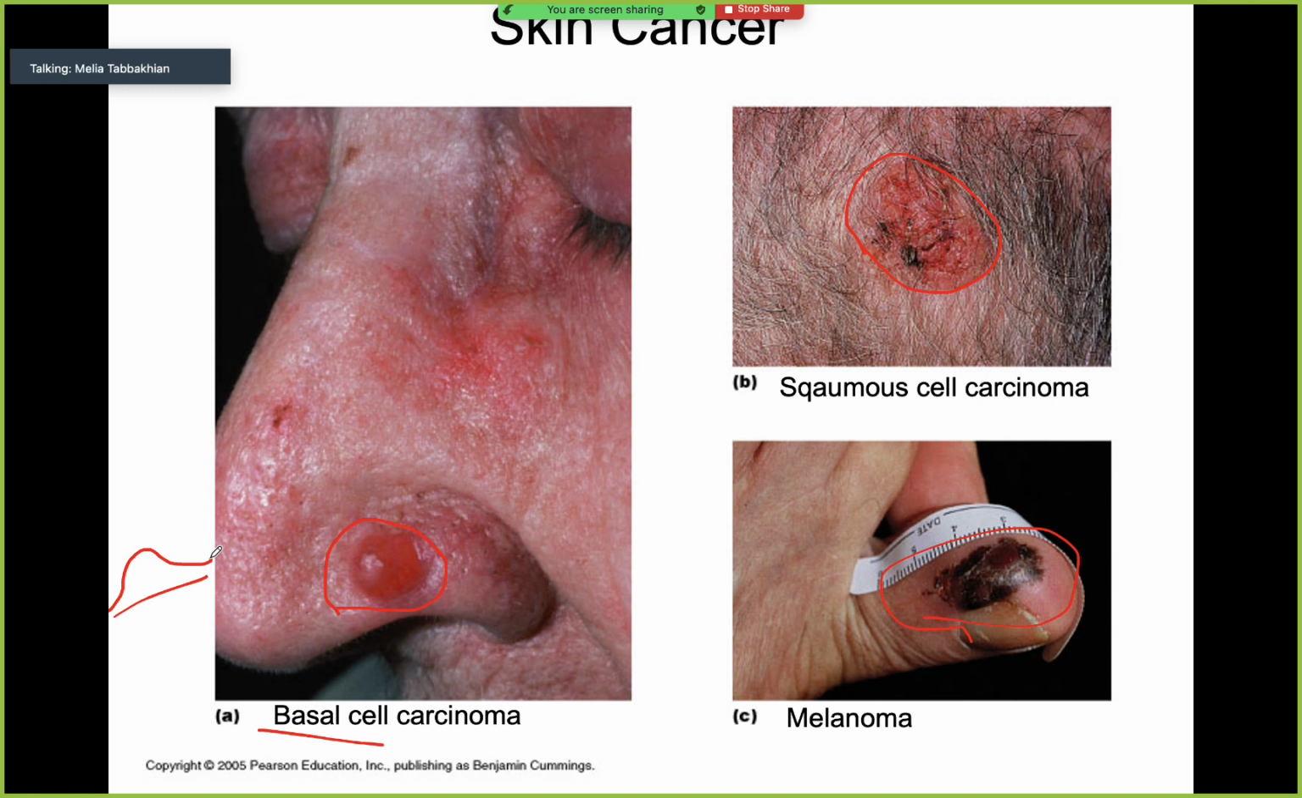So skin cancers are easier to understand when you understand the function of the cell types that are found in the